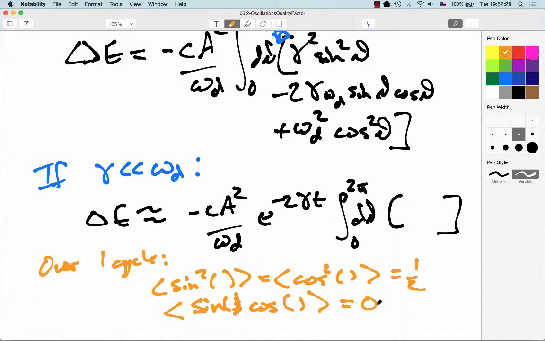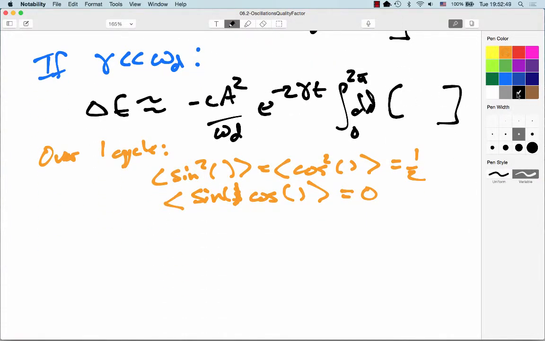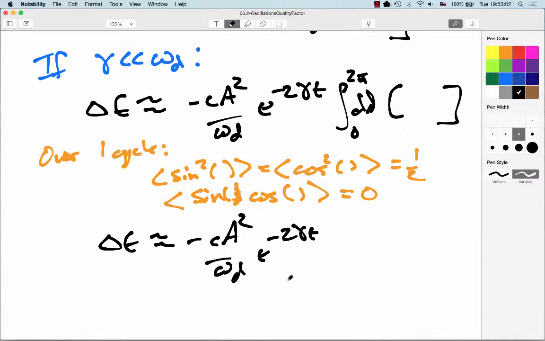Okie dokie then. So that means we can go back here, and when we're doing this, this sine squared will be a half, doing it over one cycle. I shouldn't be replacing it here because that's what happens after I do the integral. So my integral becomes delta E is approximately, I still have my minus CA squared over omega D e to the minus 2 gamma t. And now after having done the integral, I'll have a